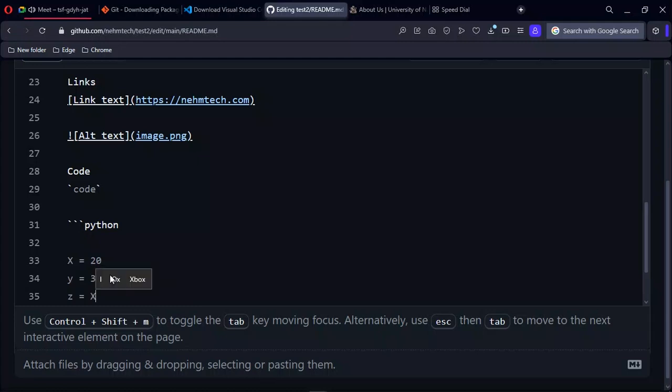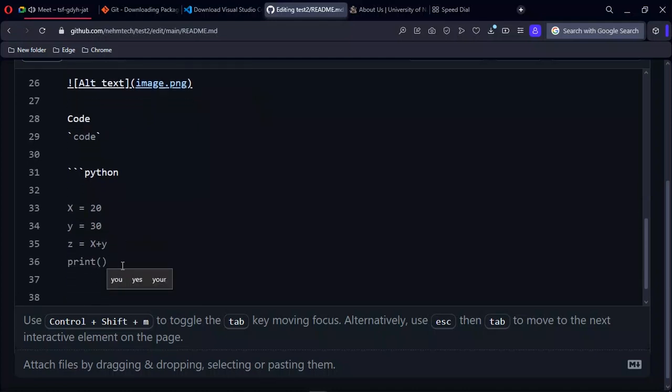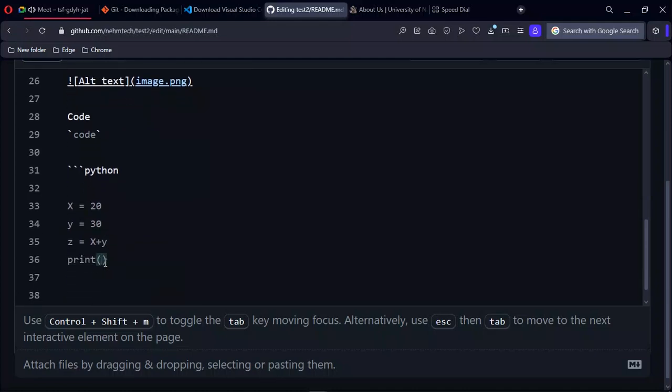And by the way, Python is case sensitive. I know we shall learn about Python later. When you use capital X and small x, they are two different entities. So let me say Z, and then you close your code block with three backticks. Again, three backticks. You begin with three backticks, then the language of the code, and then the code itself, and then you close with